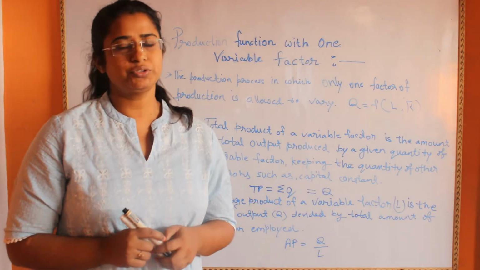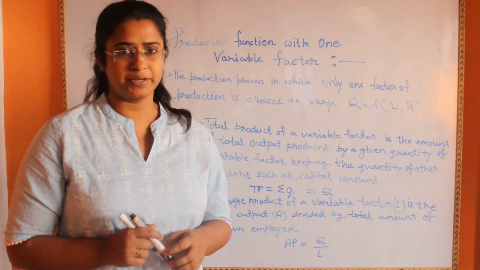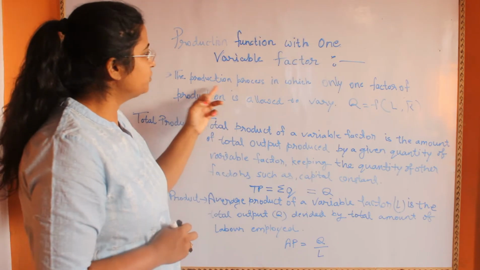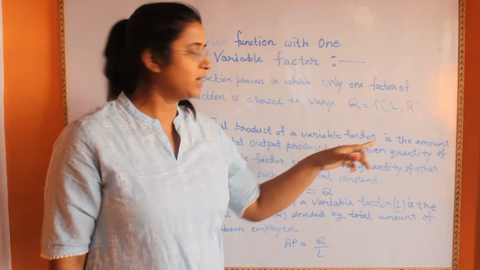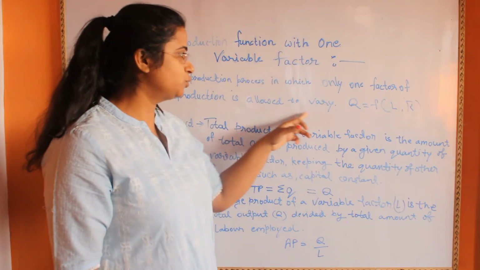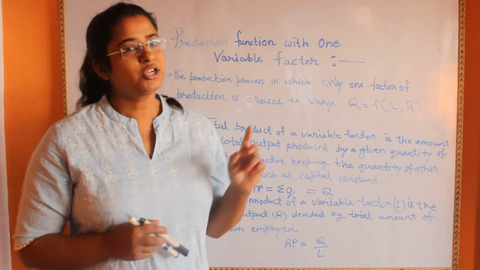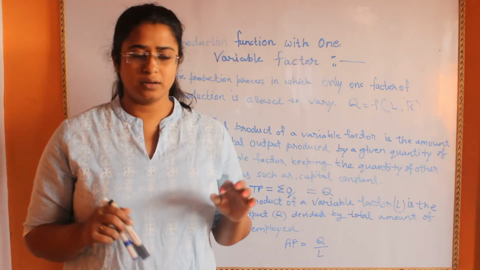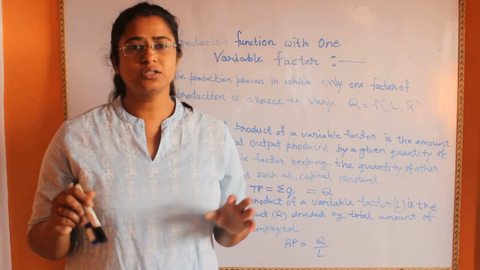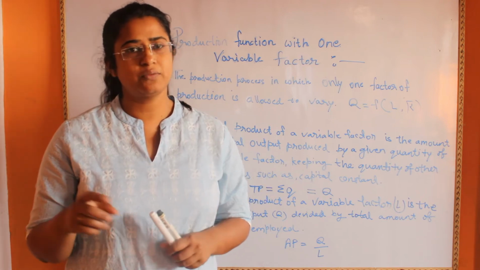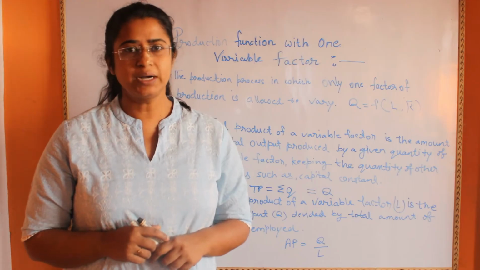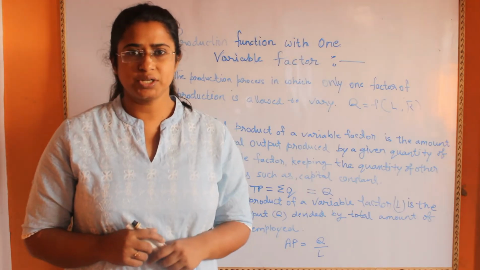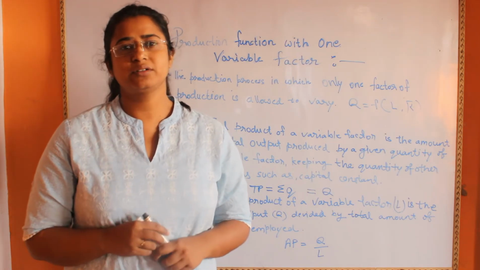In this video, I am going to describe the production function with one variable factor of production. The production process in which only one factor of production is allowed to vary is called production function with one variable factor. That means we know that there are lots of factors of production used for conducting a production process, but in this analysis we take only one factor of production as variable and all other factors of production